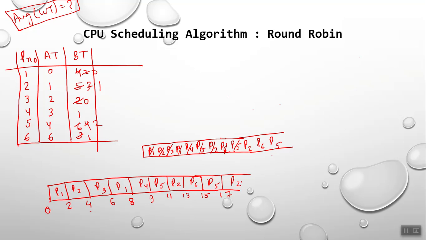This time P2 will execute, and if you look at P2, it's only 1 unit of time, so it will be 18 only, and this process is going to finish. This time P6 will execute, and P6 will also finish because the remaining time is only 1, so this will also finish here. And now the only job remaining is P5, and P5 is 2 units of time, so it will take 2 units of time and finish